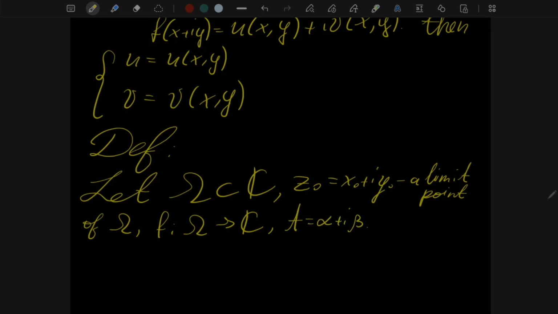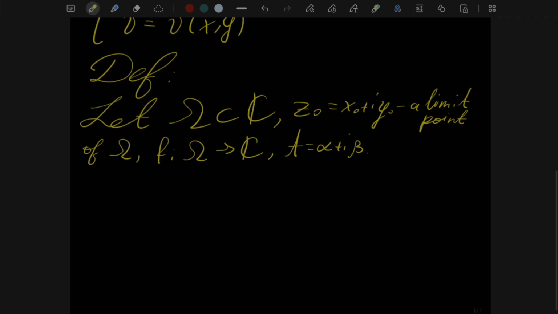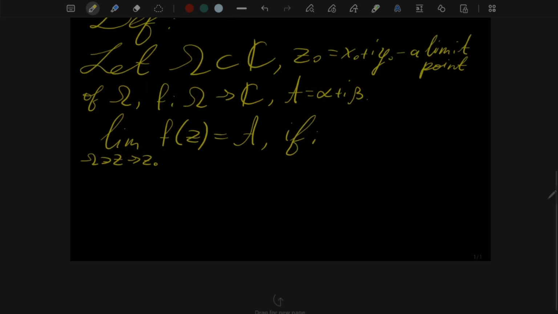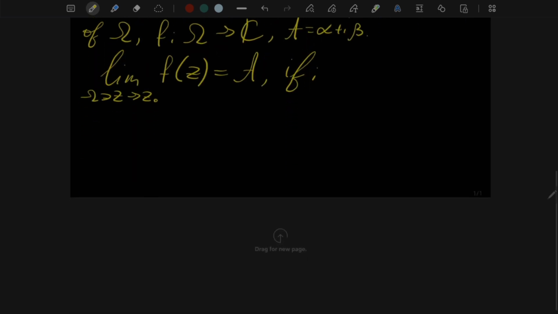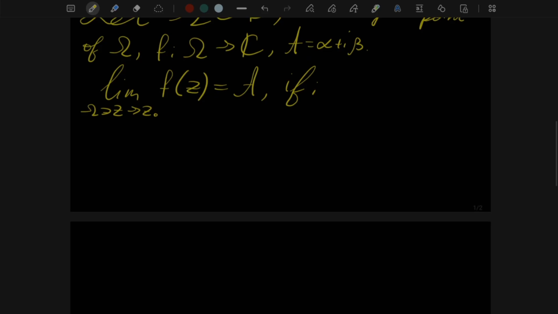So we have our set in the complex plane, we have a limit point of that set, and we have our function, and the complex number that will be the limit of our function. We will denote the limit of our function as such, and we define it if